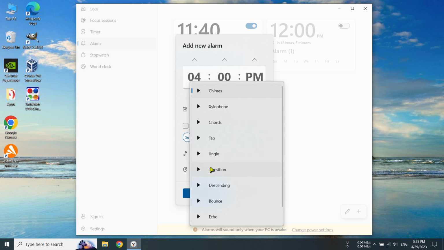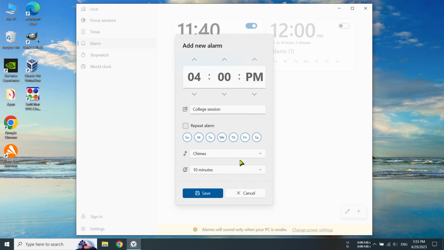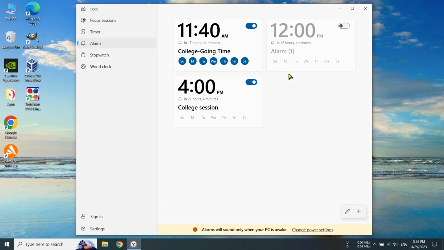And you can also choose what kind of sound you want to use for the alarm. So you can see there's a lot of sounds. You can select any of them, and you can also select news. So there's a lot of options, and you can see what you want to use and what you don't really need to use. So then after you have done all that, you have to click here save,